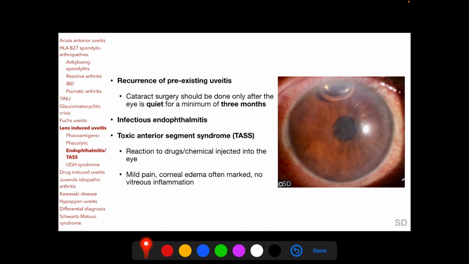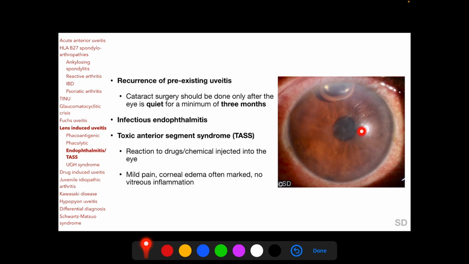Toxic anterior segment syndrome usually presents within 24 hours after cataract surgery, unlike infectious endophthalmitis, which typically presents after 2 to 3 days of surgery. Patients with TASS have mild pain and characteristically have corneal edema, which can be marked, but no vitreous inflammation. So this is a patient with TASS presenting on the first post-operative day following cataract surgery, and we can see